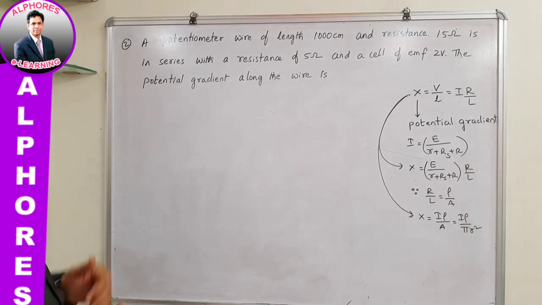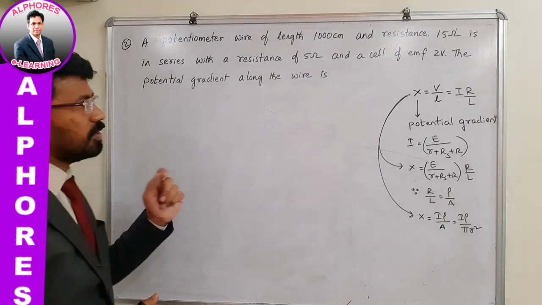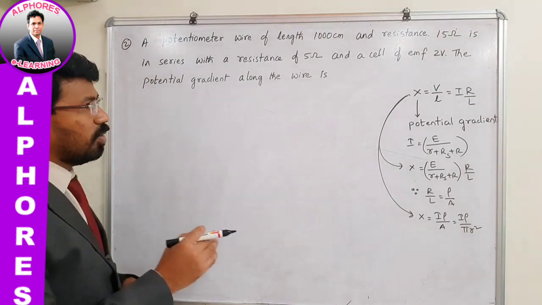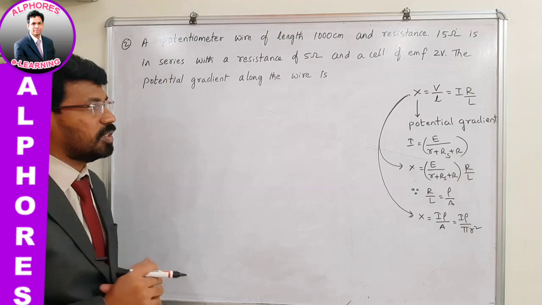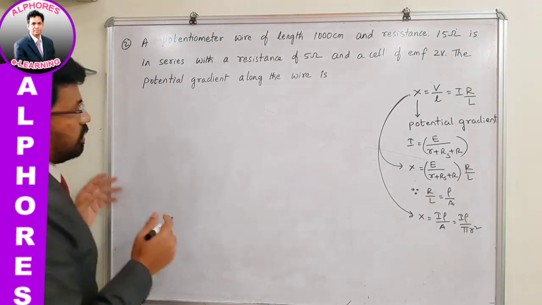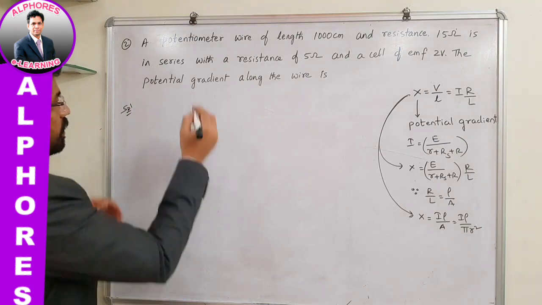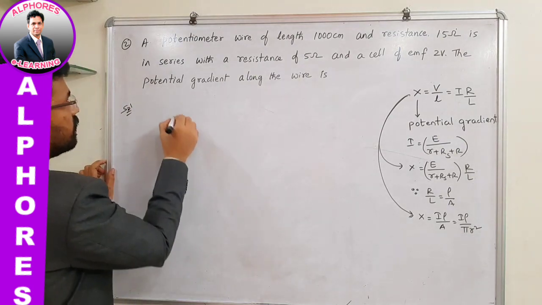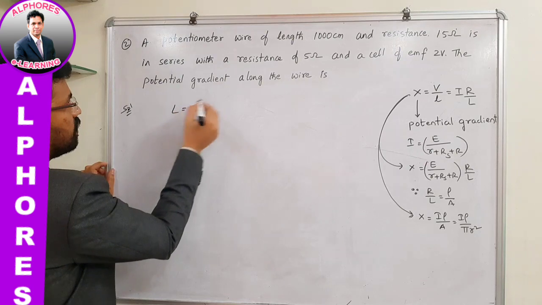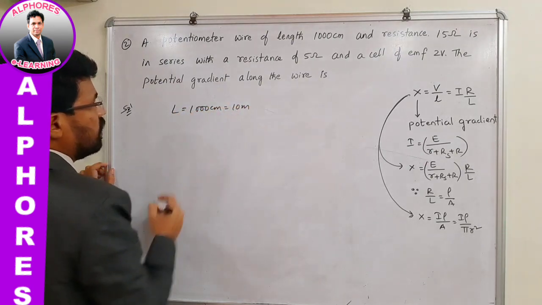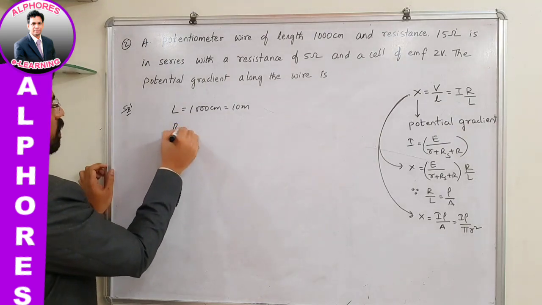So what was said in the question? A potentiometer wire of length 1000 centimeters and resistance 15 ohms is in series with a resistance of 5 ohms and a cell of EMF 2 volts. The potential gradient. So here also we have to find out the potential gradient. Let us try to find out what data is given here. Potentiometer wire length is given. L is given as 1000 centimeters, which is equal to 10 meters, and the resistance of the potentiometer wire is